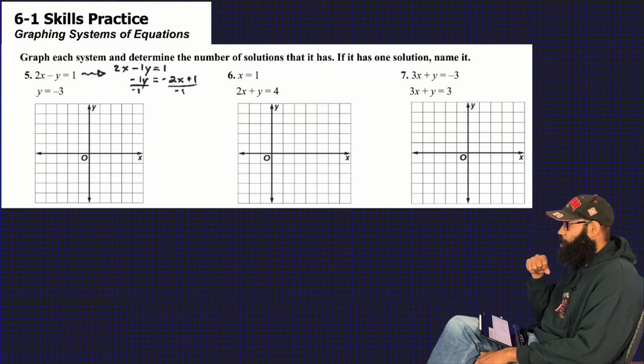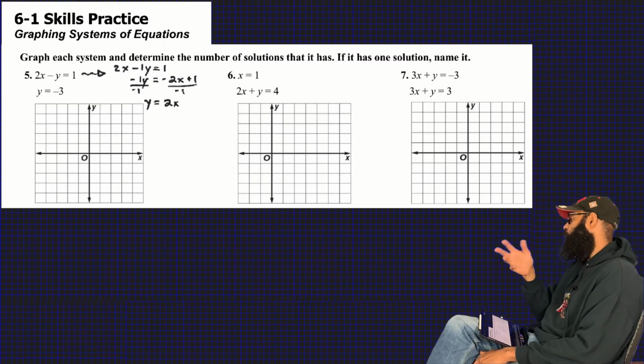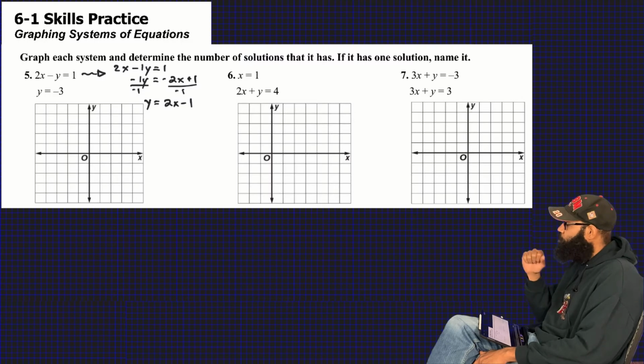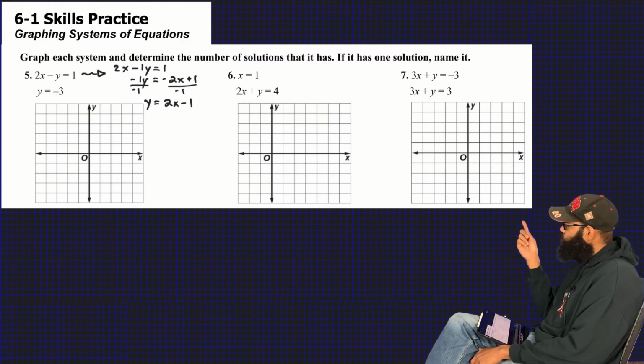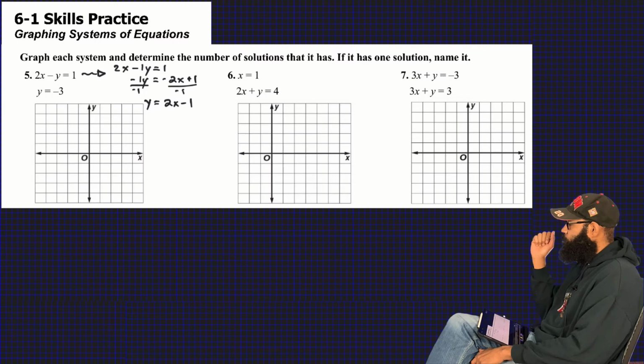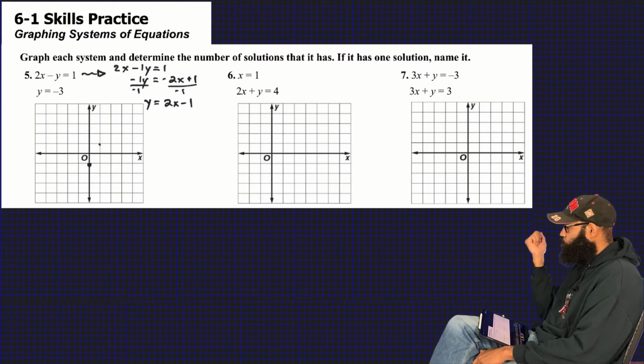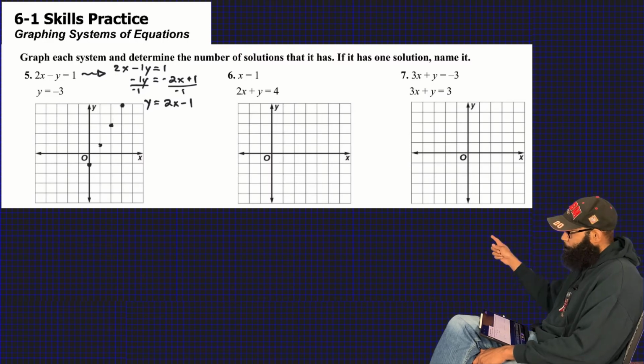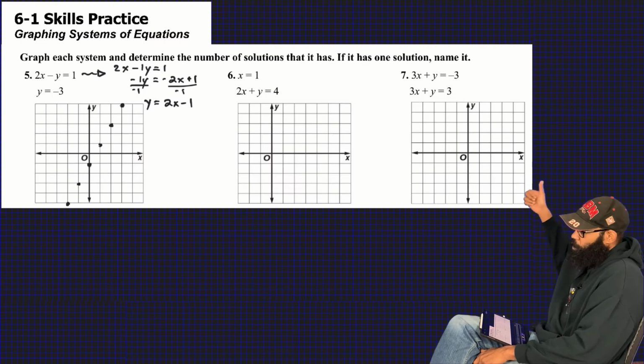Then we're going to get y by itself by dividing the negative 2x by negative 1, which gives me a positive 2x. And we're going to divide positive 1 by negative 1, which gives me negative 1. So now I'm feeling better with my linear equation, going from standard form to slope-intercept form. Got my y-intercept, negative 1, bam, up 2 to the right 1, up 2 to the right 1, up 2 to the right 1, and